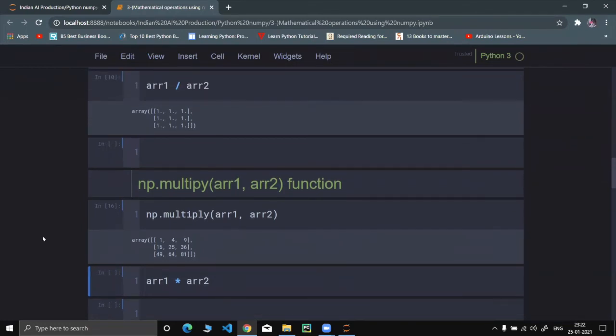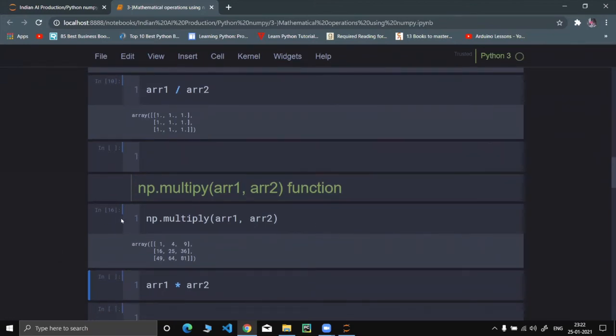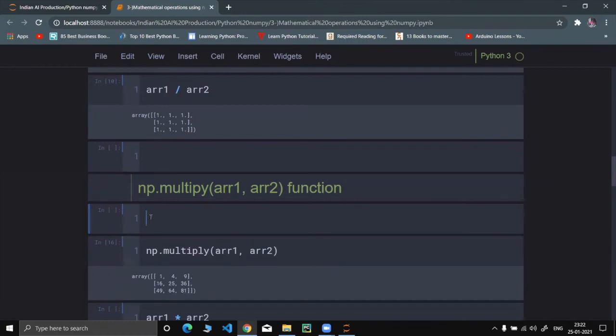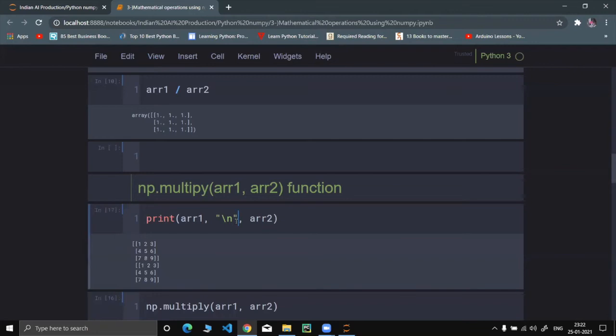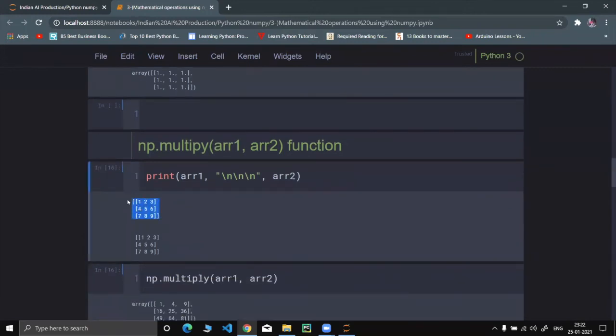This will do element-wise multiplication. Okay. Yeah. Now let me just print over here. Now this is our first array.